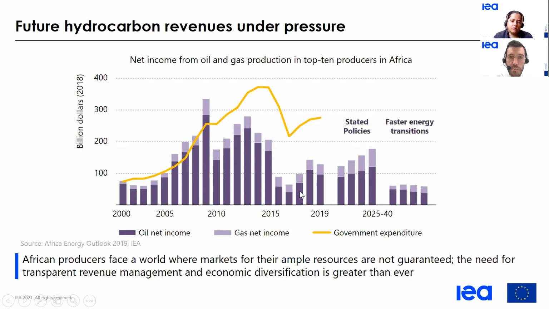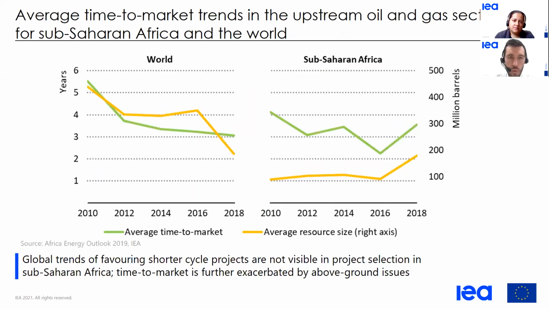So this is just a key message: countries heavily relying on oil and gas need to think about diversification of their economy, and need to carefully manage the resources. And just one key element we would like to point out in that picture is that if demand for oil decreases, there will be an increasing competition between producers.